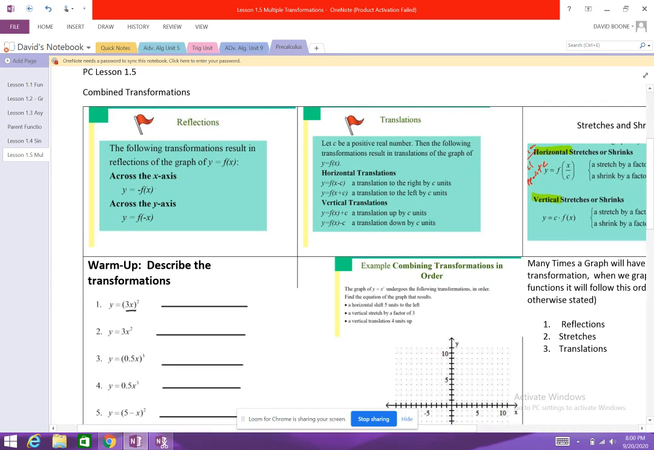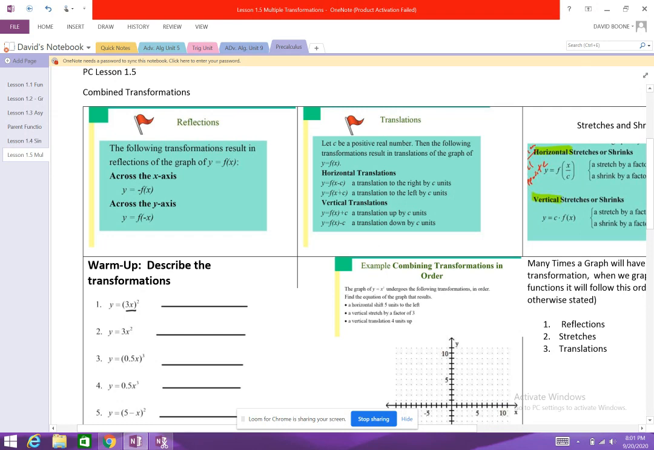reflecting across the x-axis, we negate the function in front. If we want to flip it across the y-axis, we negate the function inside. So this is just a little warm-up to make sure we understand what's going on here. Also look at some of these other pieces as well. We'll get to these in just a second, but also make sure we understand the translations